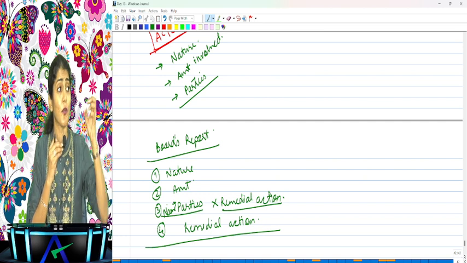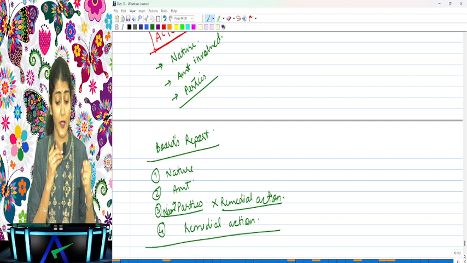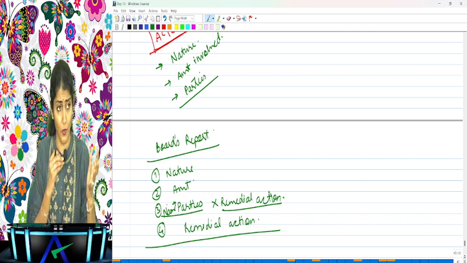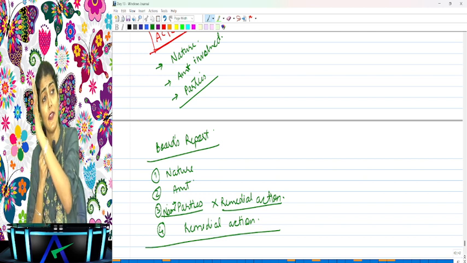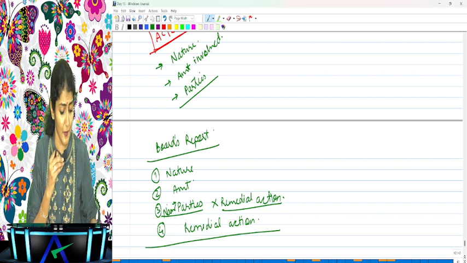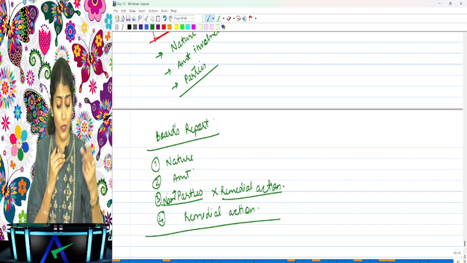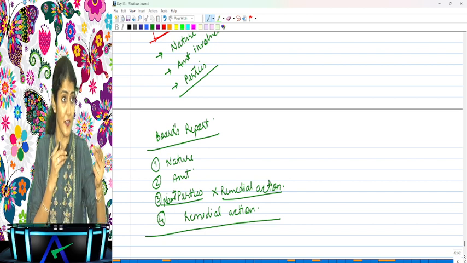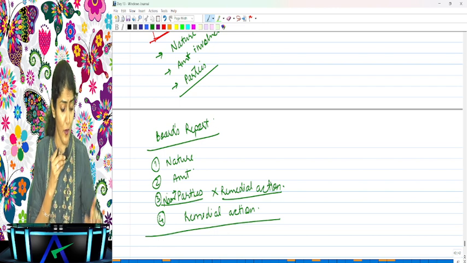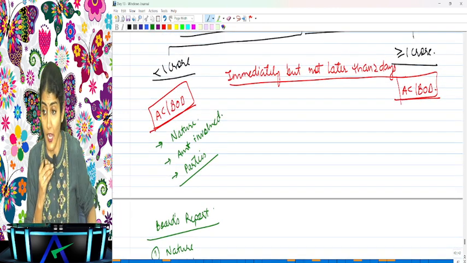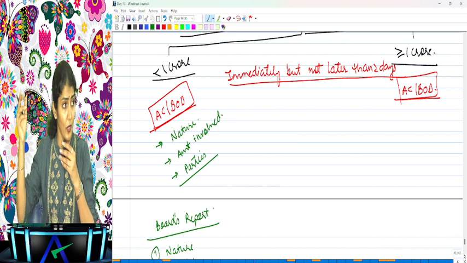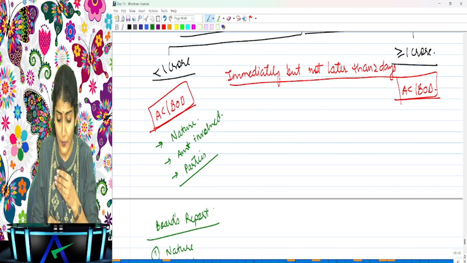Then in the board's report of the company, what reporting is required to be done? Nature of the fraud, the amount involved, name of parties if no remedial action is taken, and if remedial action is taken, then you mention the remedial action which is taken. So out of 3 and 4, one can come. Either 3 or 4, both cannot come. Is it right? Okay. Now, if the fraud is 1 crore or above, again what do you do?